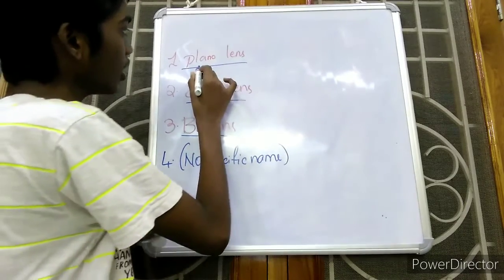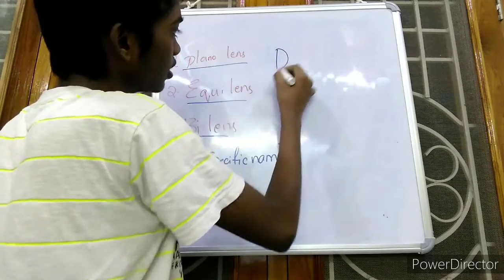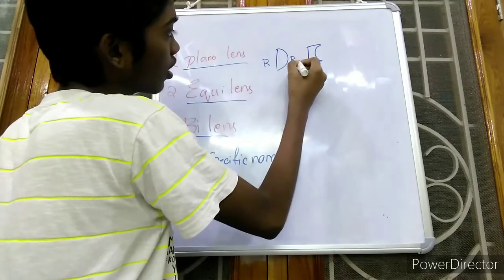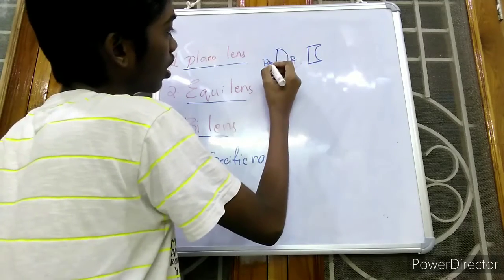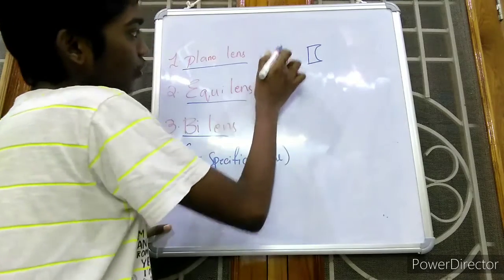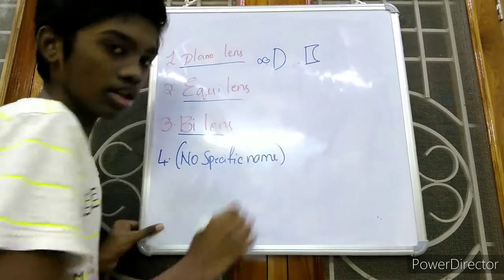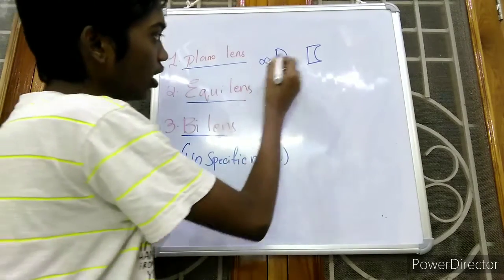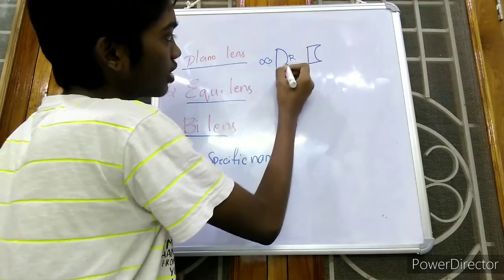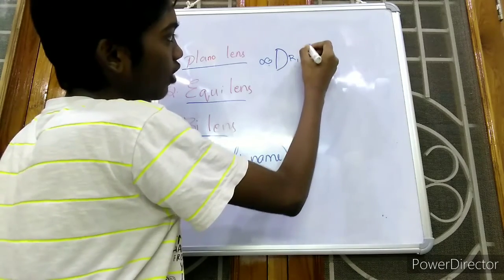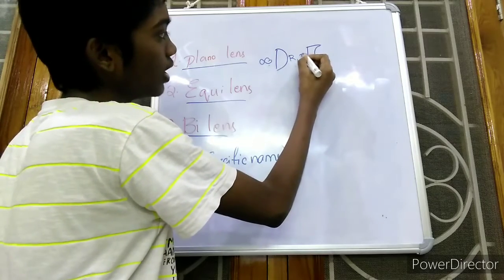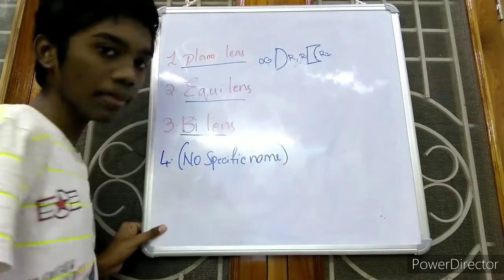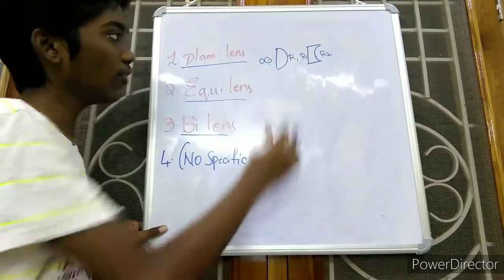Now first I had forgotten that in a plano lens we have seen like this and like this. Here the radius of curvature, as it is a plane surface, the radius of curvature will be infinity. We have to remember that the radius of curvature for any plane surface is infinity, and the radius of curvature of this plane surface be R1, and the radius of curvature of this curved surface be R2. We have to compulsorily mention these radii of curvature while drawing a lens.